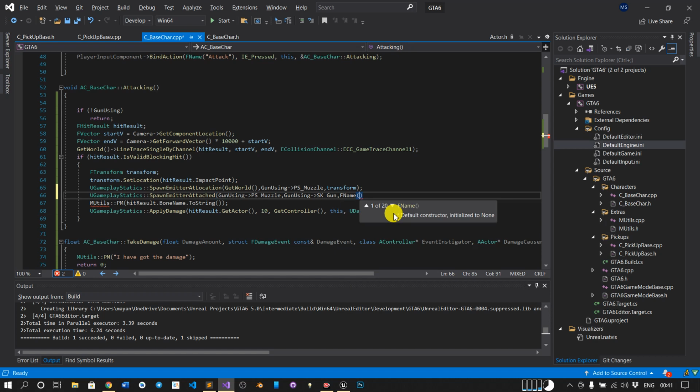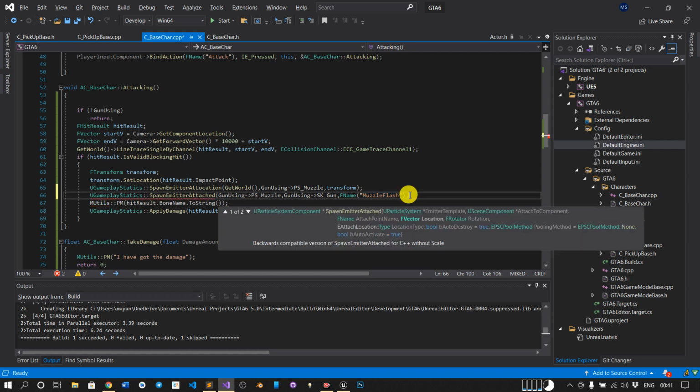FName. This is the wrong way to do this because we have to specify this; it is the property of the gun. So afterwards we will put this in that pickup base class. So muzzle, comma. Next we want the location, rotation, everything.